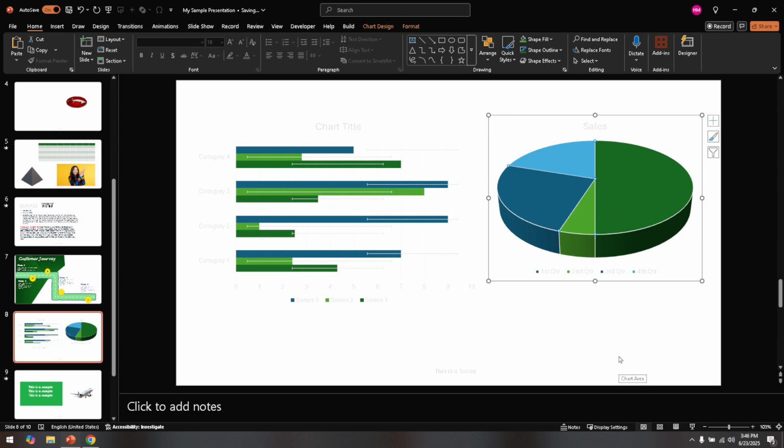With practice, this process will become second nature, enabling you to make the most of your presentation software and data tools. And that's it. You've successfully learned how to update charts in PowerPoint from Excel automatically. Keep practicing, and soon you'll be a pro at ensuring your charts are always up to date and visually effective